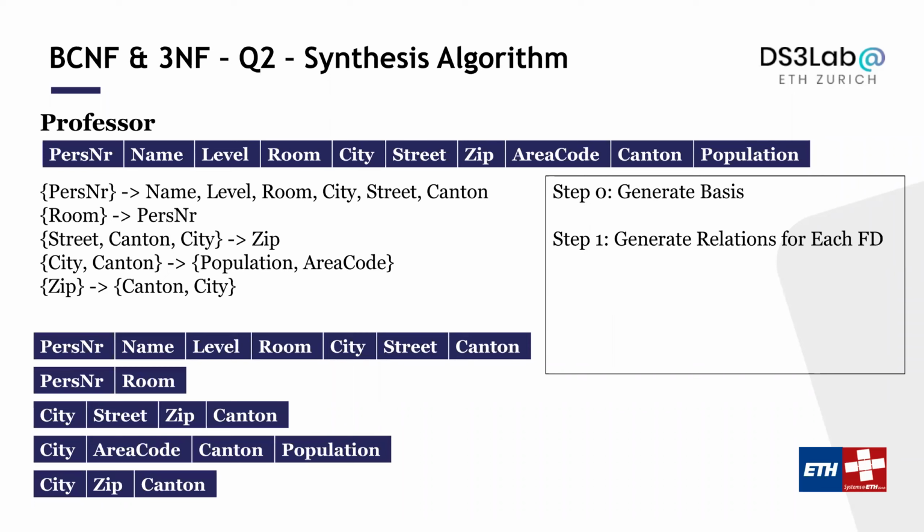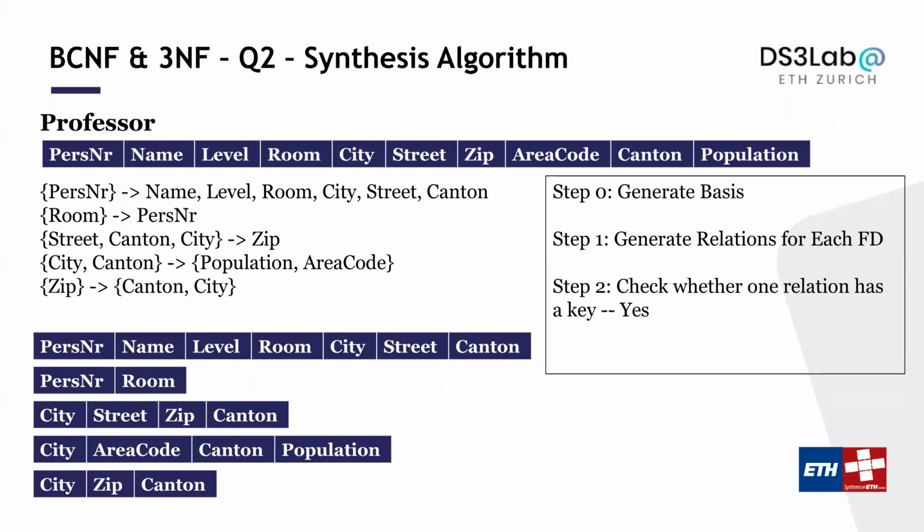So when you go back home, you can actually write down the basis, and then for each of them, you can generate essentially one relation here. So here in this example, we are already given half the basis, so it saves you some effort, but whenever you are dealing with a real example, you need to calculate the basis by yourself. So here, for each of these FDs, I generate essentially one relation,